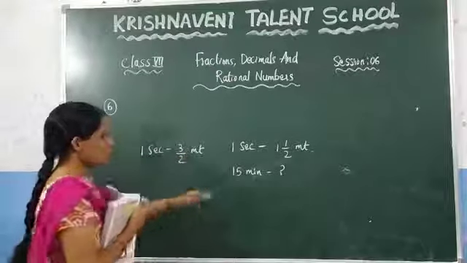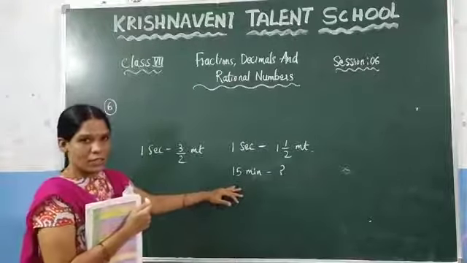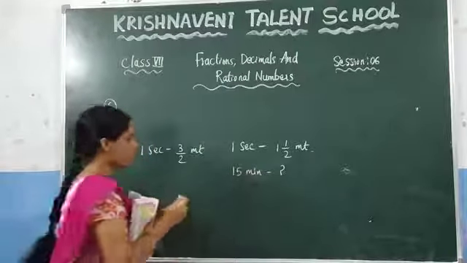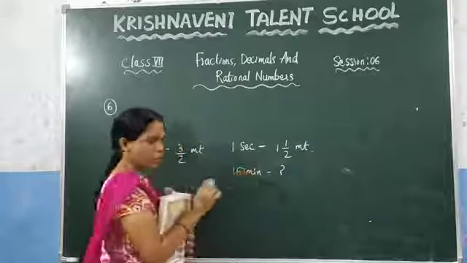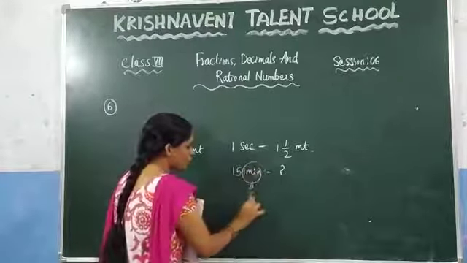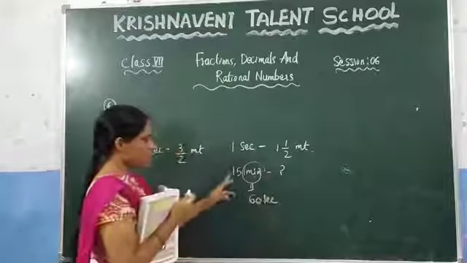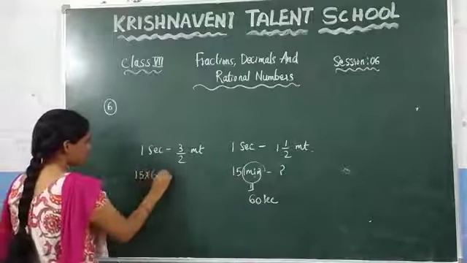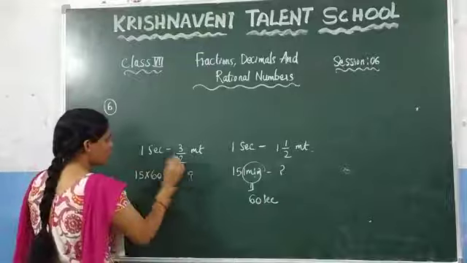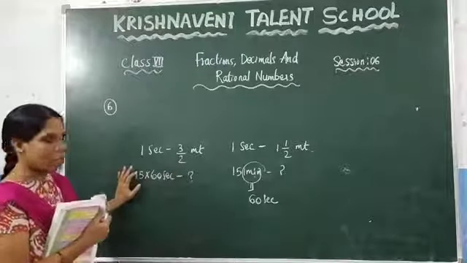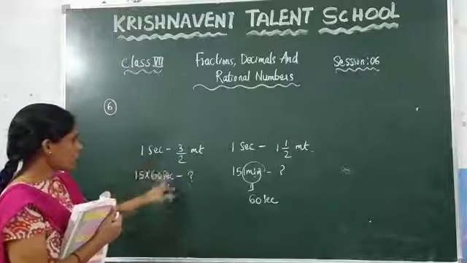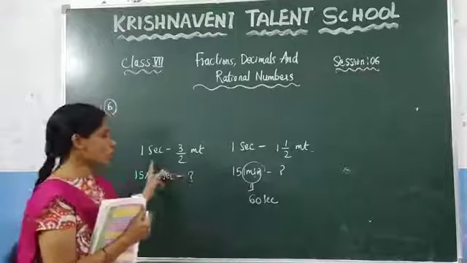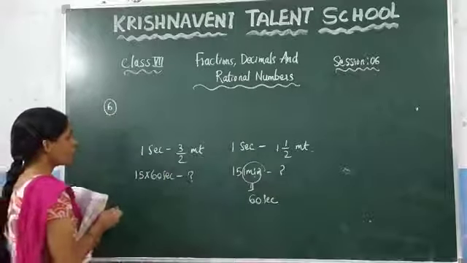walked. Now in 15 minutes, you know that 1 minute is equal to how many seconds? 60 seconds. So here 15 minutes is nothing but 15 into 60 seconds. This one is nothing but 15 into 1 minute. In 15 minutes you need to multiply with 15. So here 15 into 60 seconds. In 15 into 60 seconds, how much distance he walked? This is the question they have asked here. Here we have converted the minutes into seconds, but in the question they have given, the units are different. Now we need to change the units of this one. Now what we need to do?